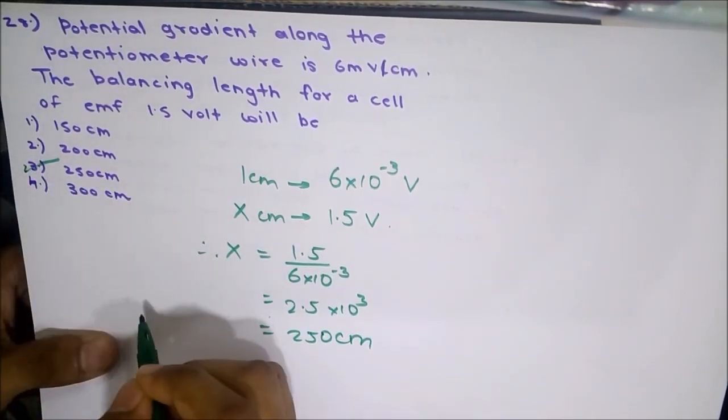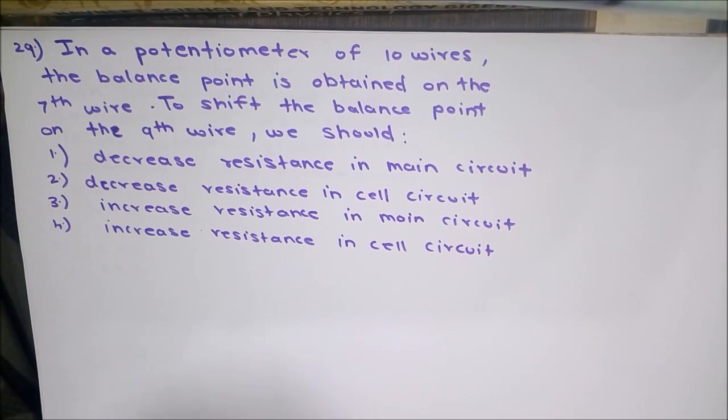So option number 3 is the correct answer. In a potentiometer of 10 wires, the balance point is obtained on the 7th wire. To shift the balance point on the 9th wire, we should, there are four options: decrease resistance in the main circuit, decrease resistance in the cell circuit,